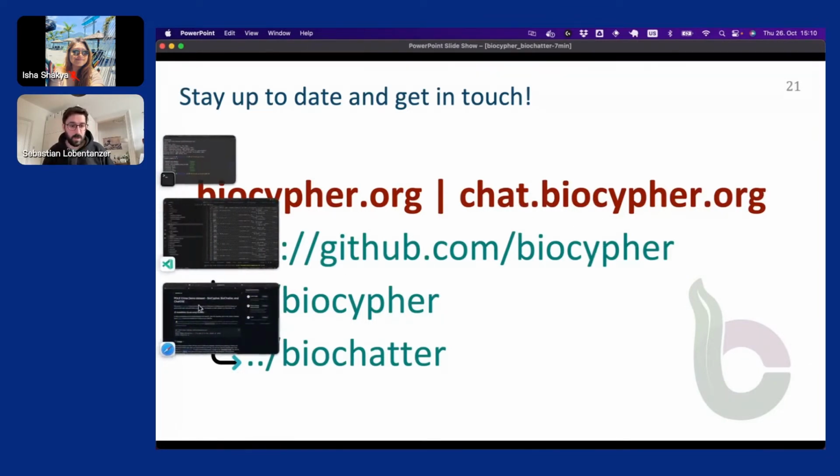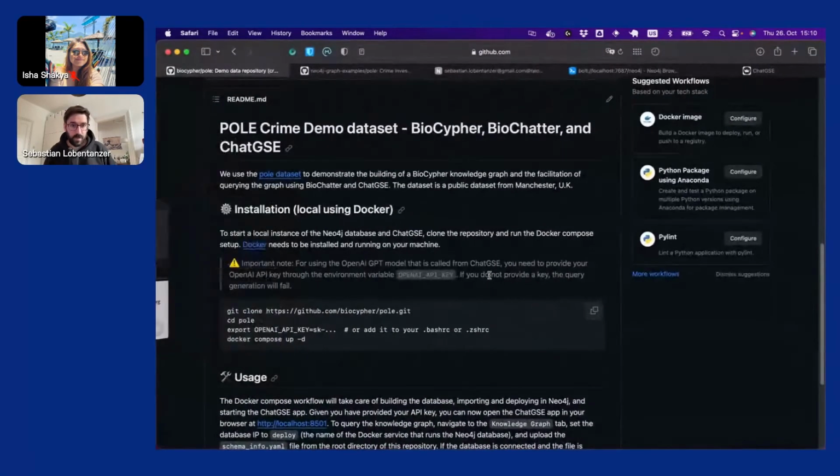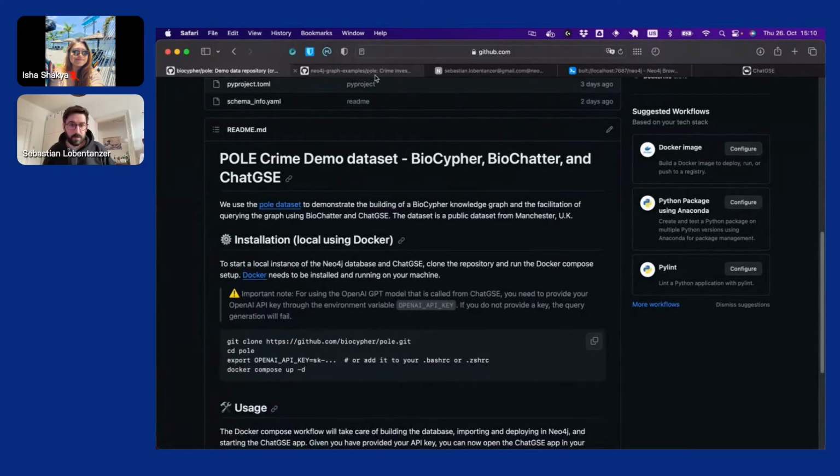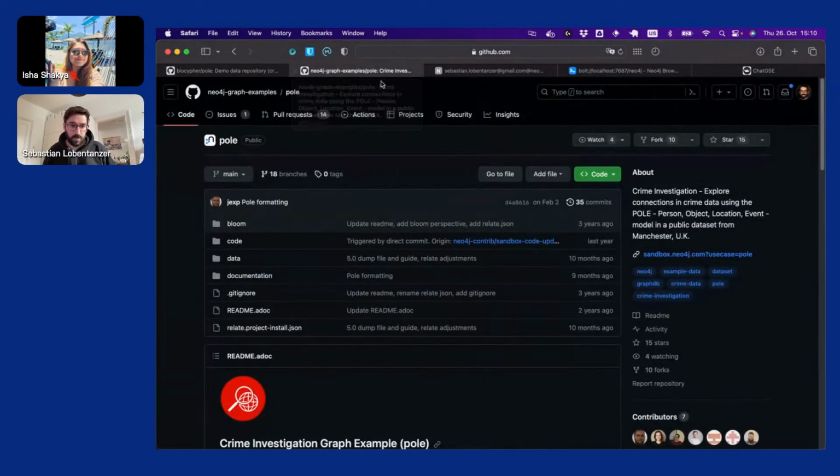And now I'm going to go through this demo repository and see what it actually does for us. So this is the demo repository that you can run yourself, derived from this Neo4j example.